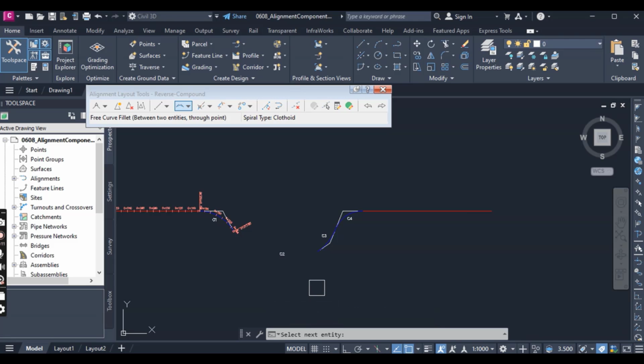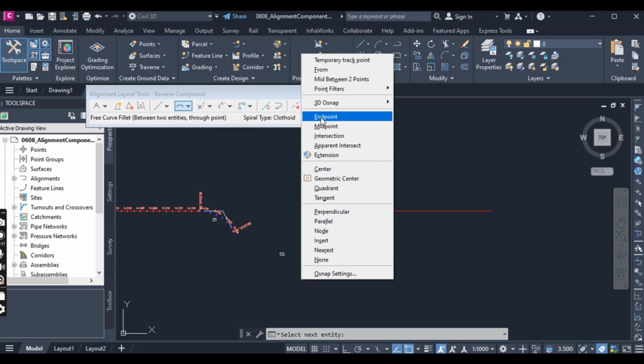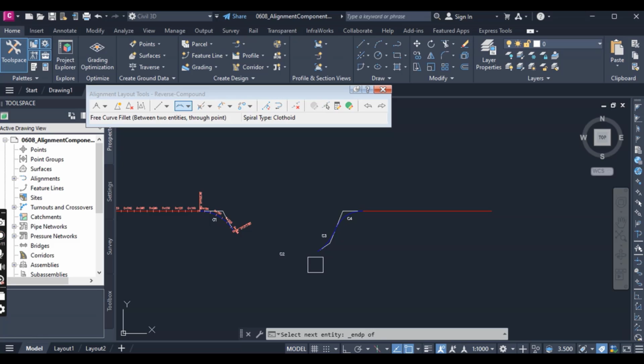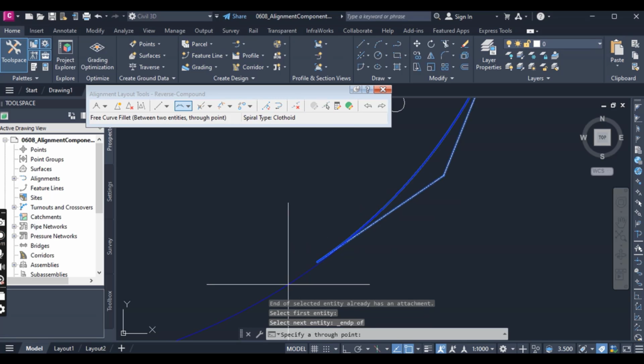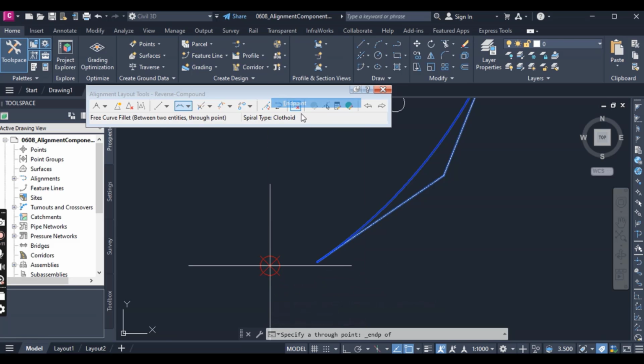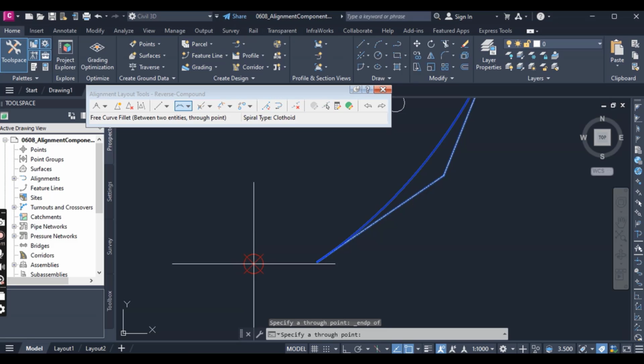For the next entity, just hold shift and use endpoint snap to select the free end of the tangent line you just drew. First we will select this entity, and then for the through point we will select endpoint and then select this endpoint here,